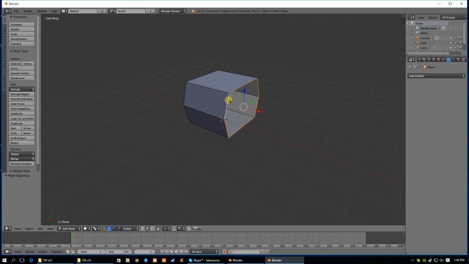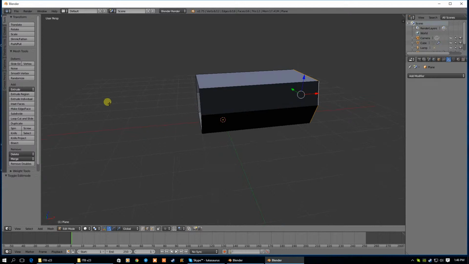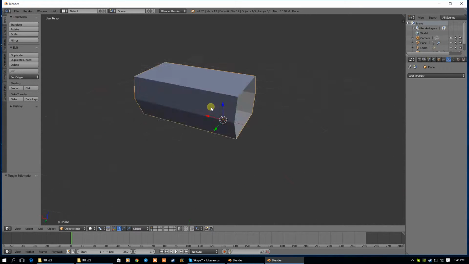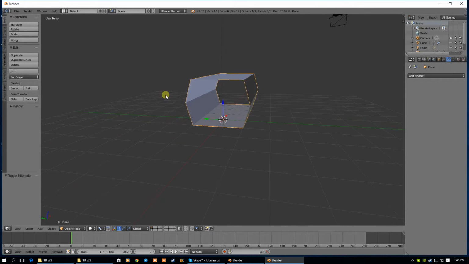Just so I've got some variety, I'm going to grab that there. So ring select that and pull that along there. Keeping in mind that's the active point still there, even though I've changed it out here. So with this here, we're going to make some